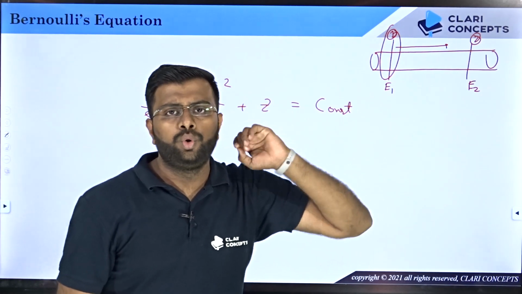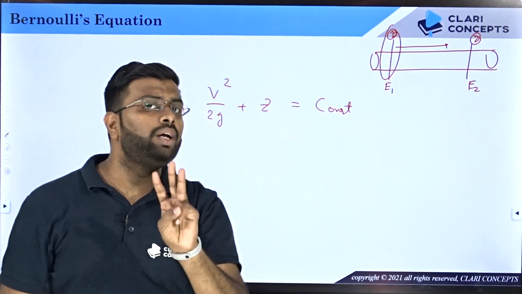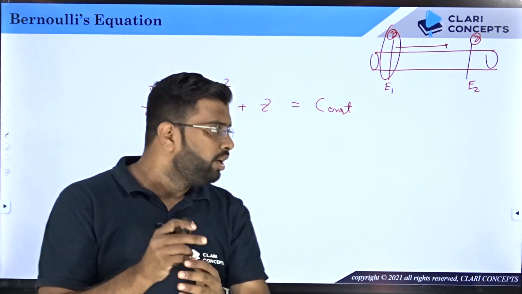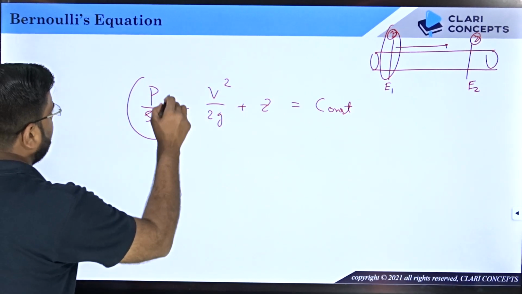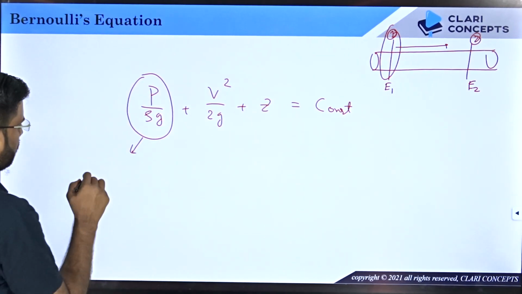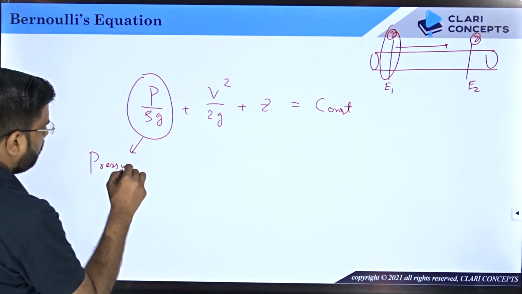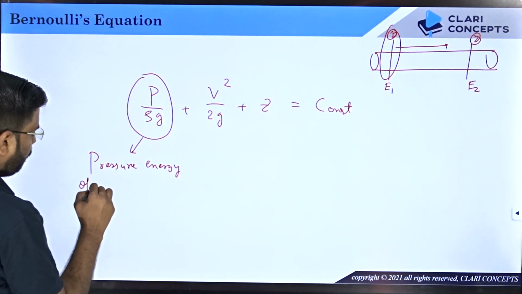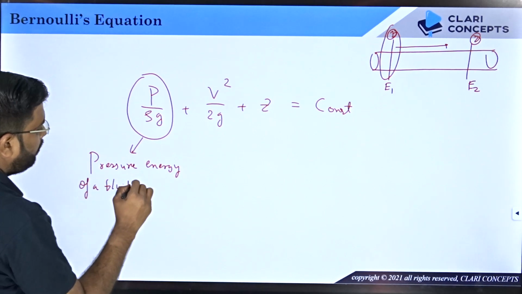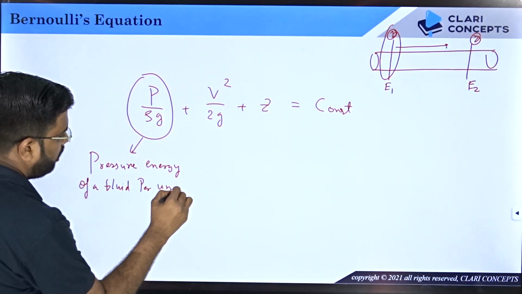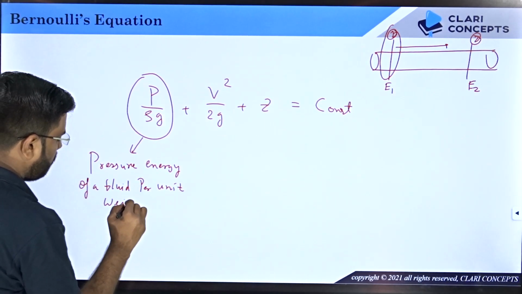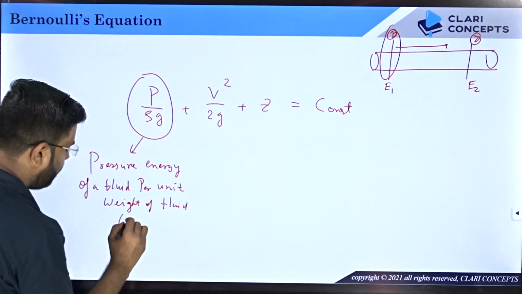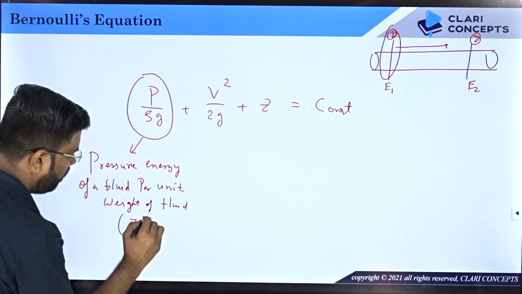So normally a fluid, when it is flowing through a pipe, will have three components of energy: pressure energy, kinetic energy and potential energy. So what is this P by rho g? P by rho g reflects the pressure energy of a fluid per unit weight of fluid. That means this value is energy in pressure in terms of joules per unit weight of the